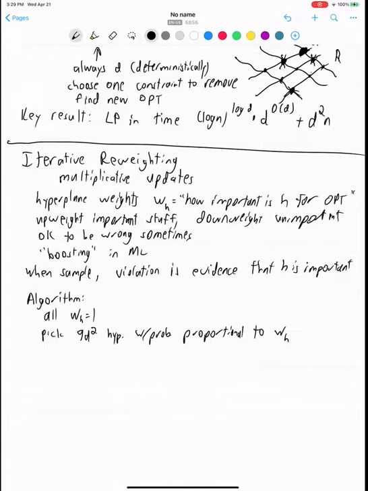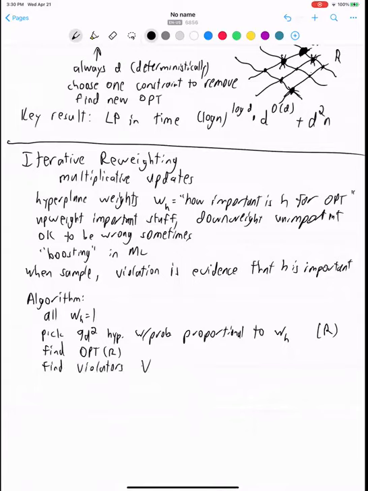Oh wait, so is weighting just all done prior to the algorithm, all the sampling and adjusting weights? We do that all prior to the algorithm, and then once the algorithm starts, the weights are fixed? No, because of my next step, after I pick these hyperplanes. Sorry, I start them all equal to 1. Now I pick some hyperplanes. Now I find the optimum of that R that I picked, and I find the violators,